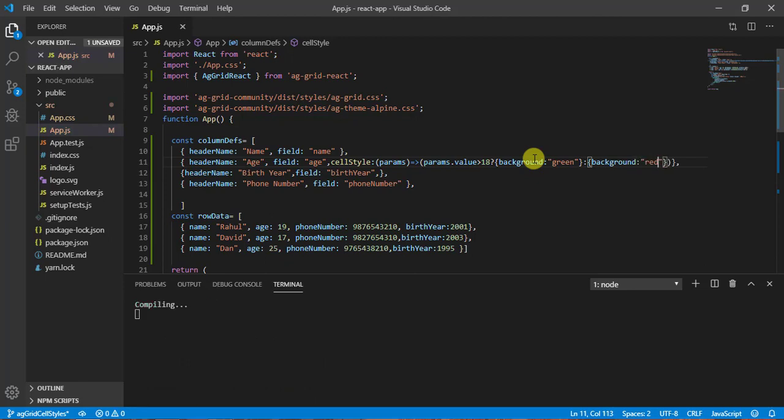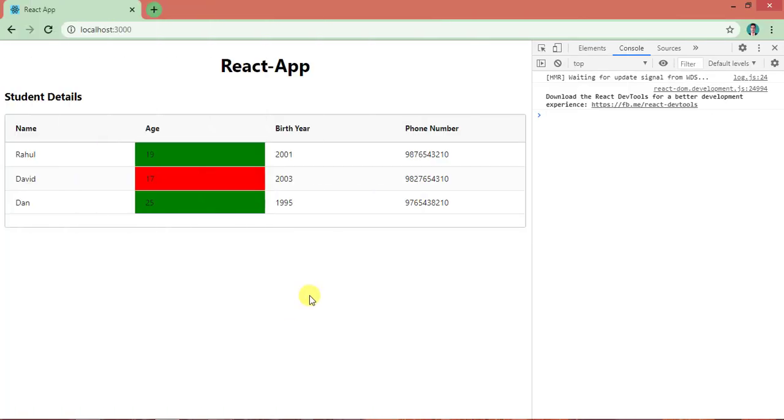Now let's save it and come back here. So you can see based on our condition, the color has been applied here. If you want to change the color of a cell, you can do that, or if you want to change the font size, or whatever styling you want to do related to the cell, you can do that based on the condition.